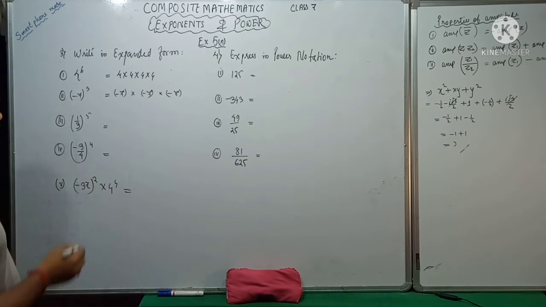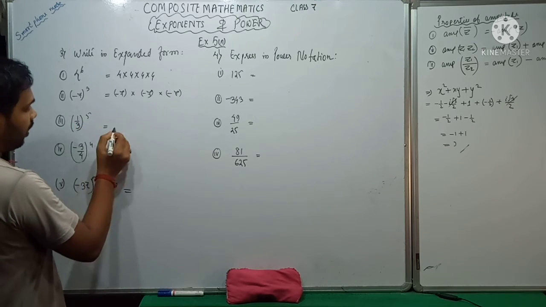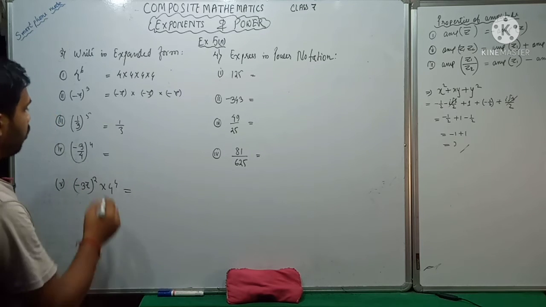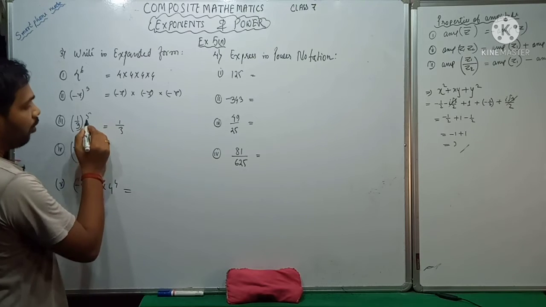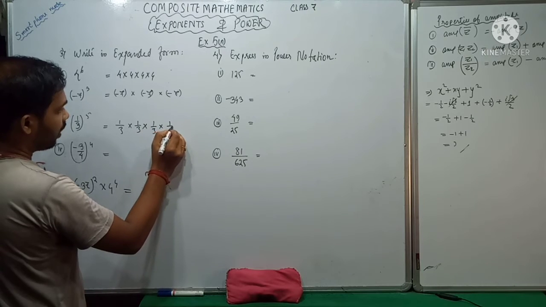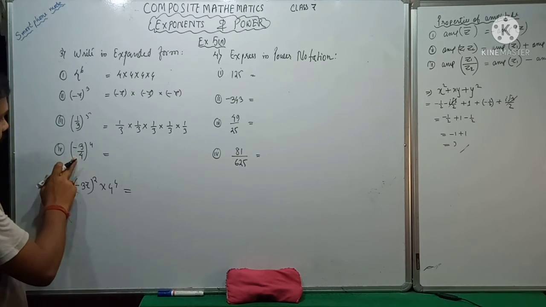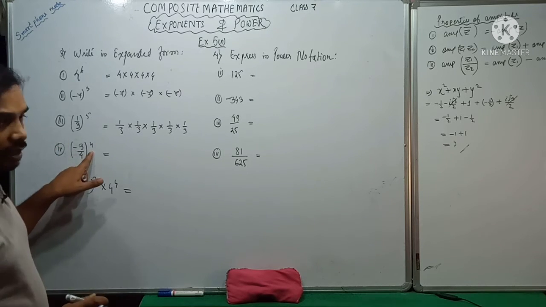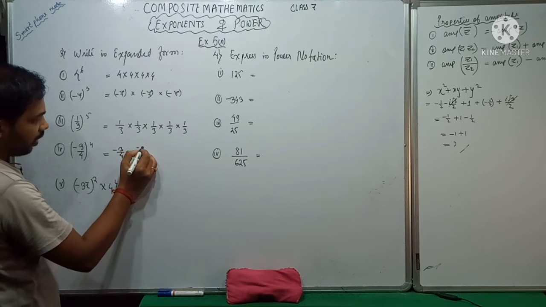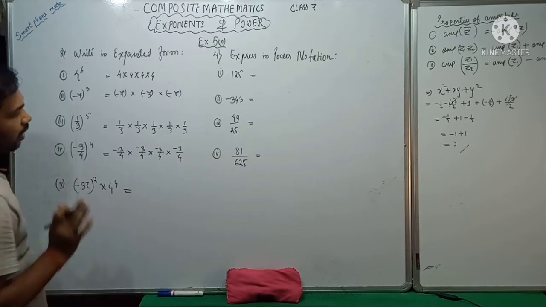Next you see 1 by 3 to the power 5. Now how will we do it? You see, 1 by 3 tells us which number I have to multiply, and this 5 tells us how many times I have to multiply. So that means I have to multiply 1 by 3 five times. So it can be expanded in this way. Okay. Next you see, minus 3 by 4 means I have to multiply minus 3 by 4. How many times? You see, it is asked to multiply 4 times. So it will be minus 3 by 4 into minus 3 by 4 into minus 3 by 4 into minus 3 by 4. It is very easy.